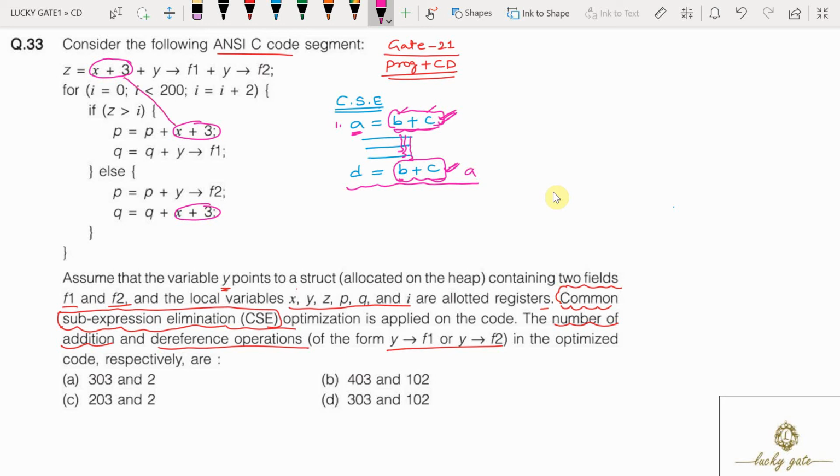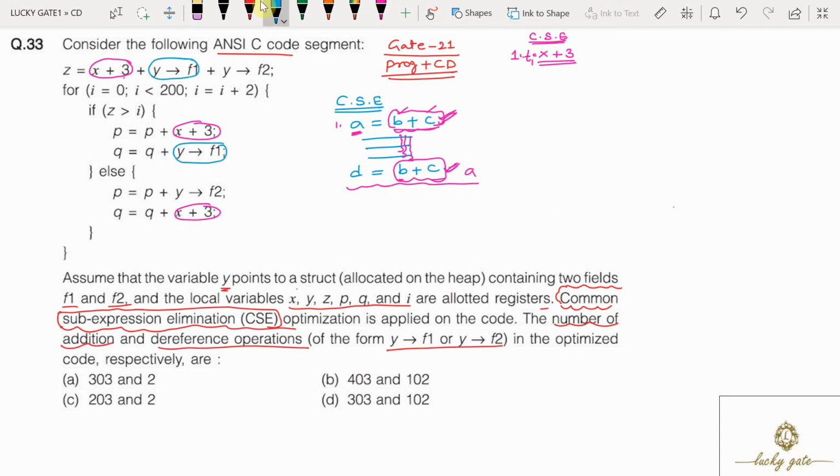So we can consider that x + 3 is a common subexpression. That is the first common subexpression, x + 3. This result I am calling t1.